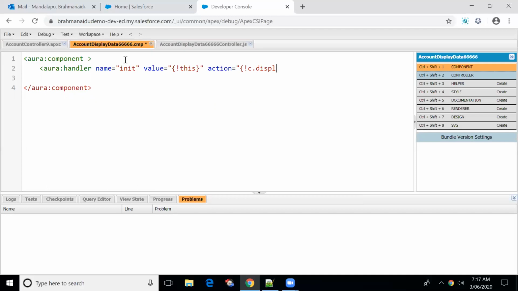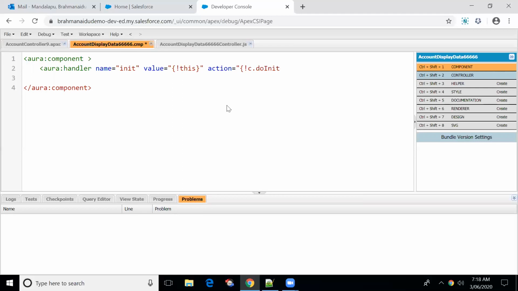C refers to the controller. If you want to execute some JavaScript controller part, obviously it should have C. If you put V and try to execute the controller part, it won't work because V is a value provider. If you want to refer to the controller, it should have C.